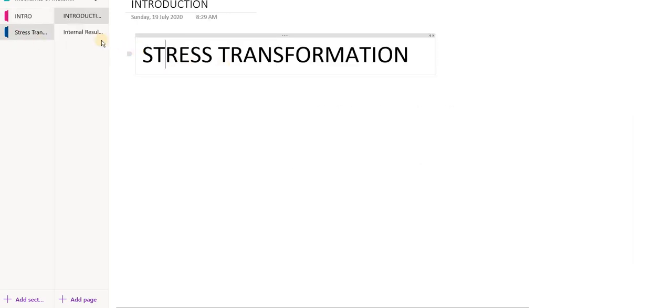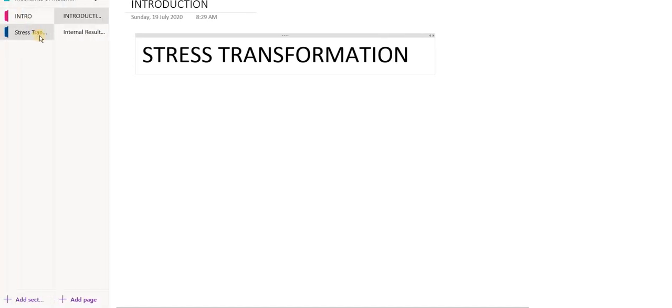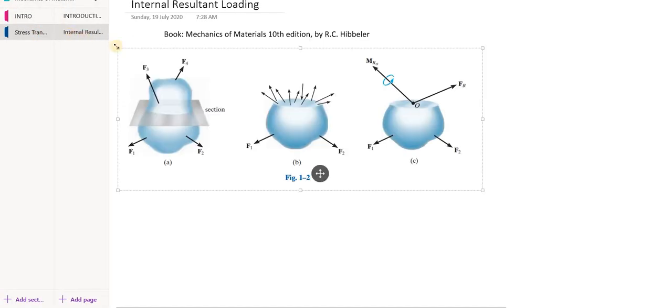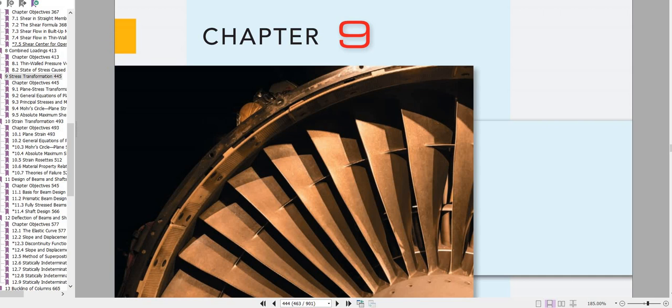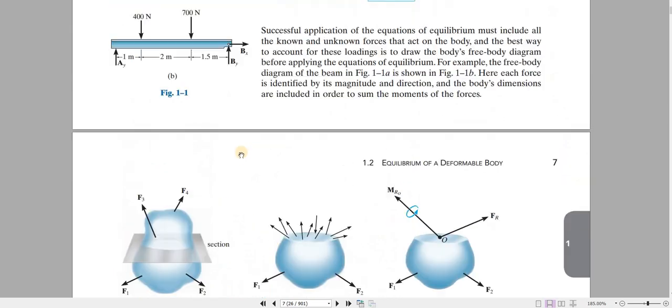Today we are going to talk about stress transformation. Before we can discuss stress transformation, we need to first look at some basics. So we're going to use Mechanics of Materials 10th edition by R.C. Hibbeler as reference, our textbook for this topic, and this is where that topic is. We will start with this section,